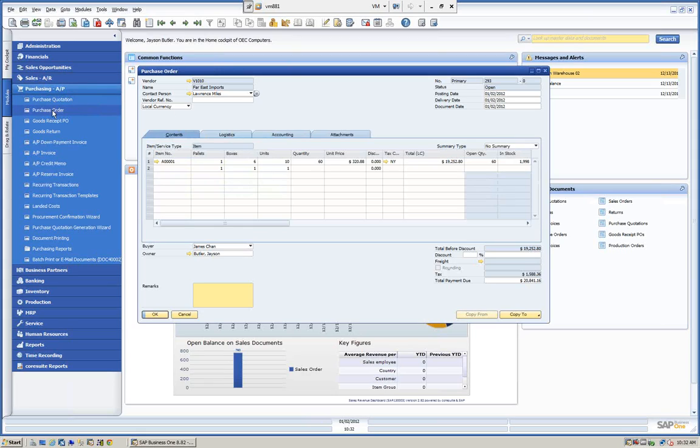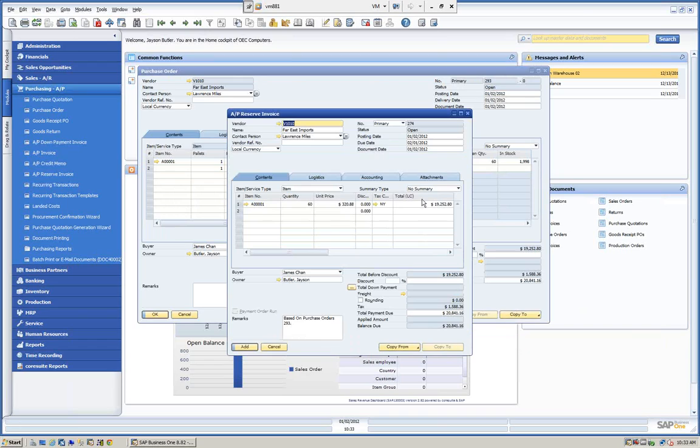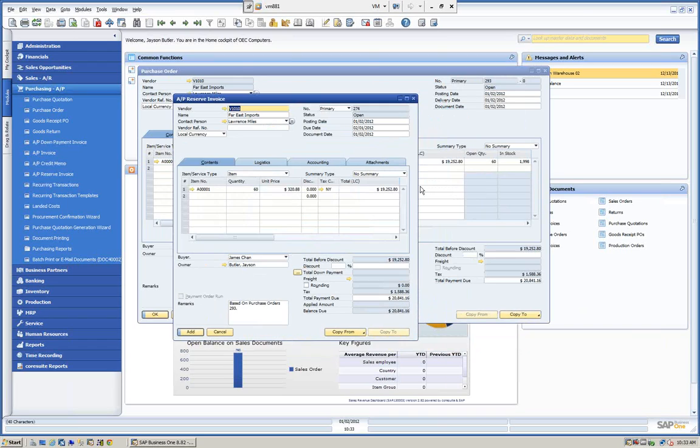We can go from a purchase order, instead of going to the goods receipt, then the AP invoice, we're going to go from the purchase order to the AP invoice using the AP Reserve Invoice, and then later do the goods receipt. So it's like a prepay. We want to affect the vendor and the vendor's account without affecting our quantity. So we're going to go in and copy to the AP Reserve Invoice. So what's going to happen here,